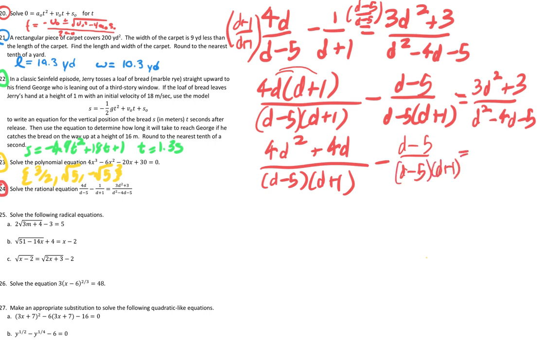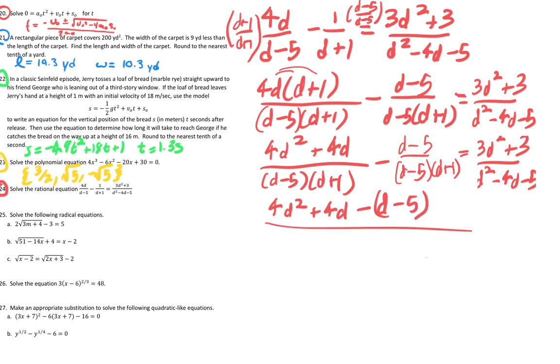And that's equal to that 3d squared plus 3 over d squared minus 4d minus 5. So now I'm going to combine our numerator. So 4d squared plus 4d minus d minus 5. All that over d minus 5 times d plus 1